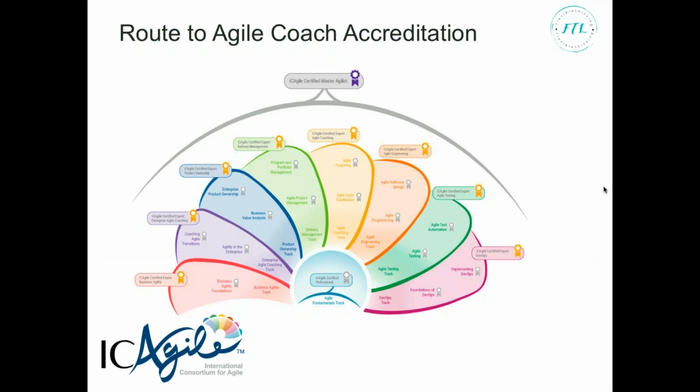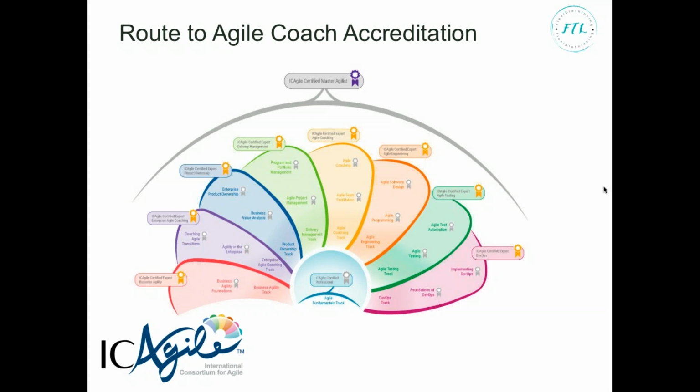Okay, so now we'll quickly talk about this. The webinar is about the route to IC Agile certification. IC Agile is the International Consortium of Agile. They've been around for quite a few years now, and what makes them interesting is they've got this very wide view of Agile, as articulated by this fan diagram,